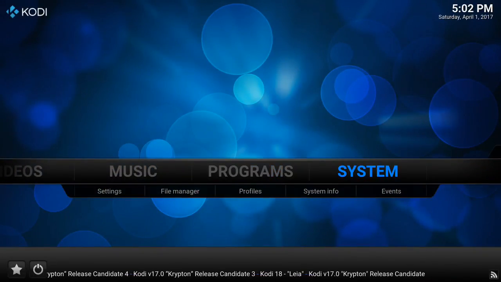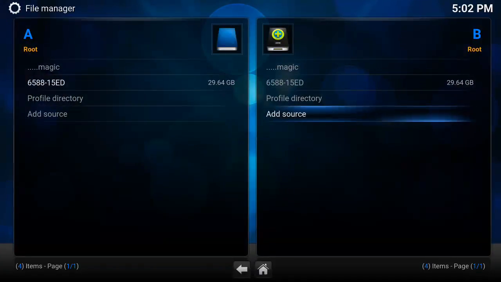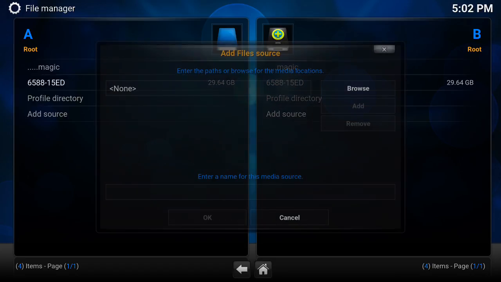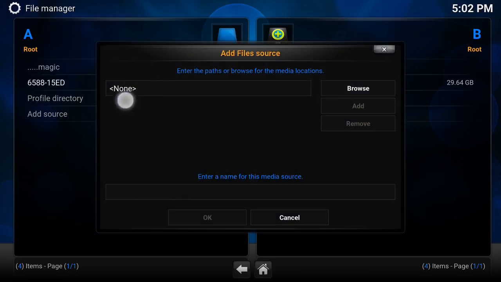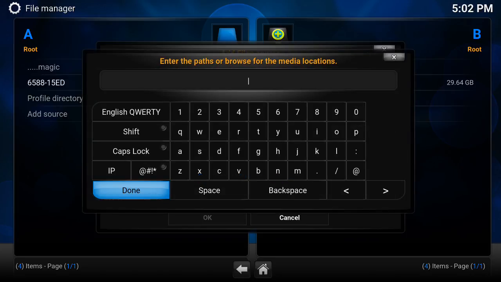You basically just scroll over to System, click on File Manager. On the second window over here, where it says B-root, you're going to want to click on Add Source, and then right here where it says None, click right there. And you're going to type in this exact URL,